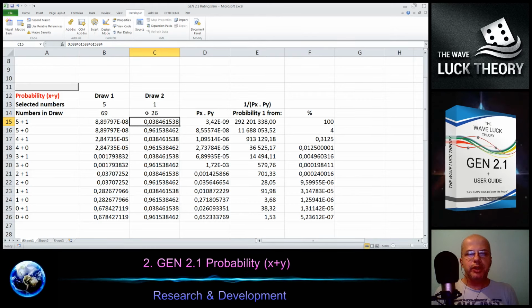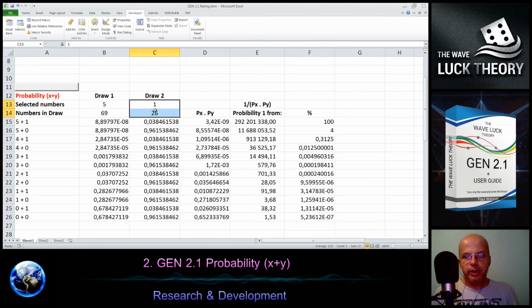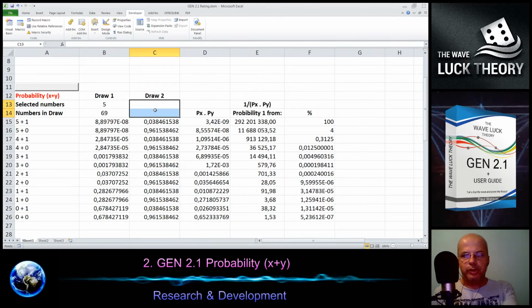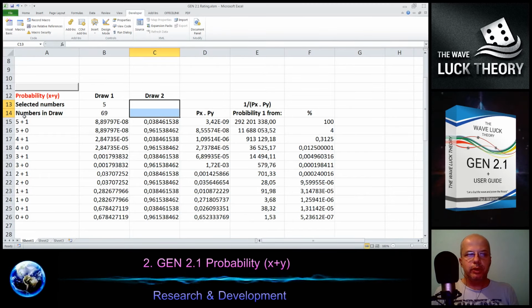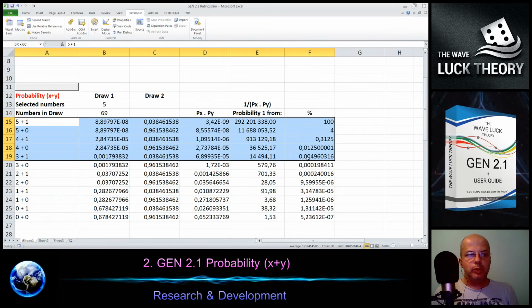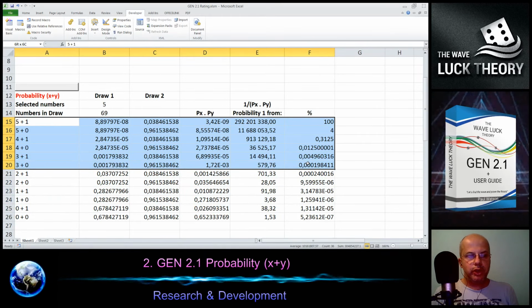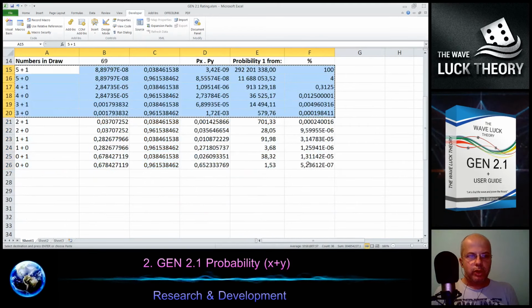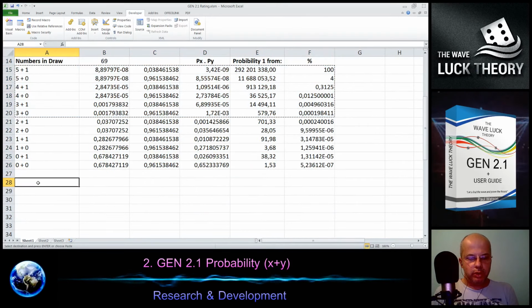And I can present it just here. If I delete this and just keep in mind what values we have here, we will get 6 combinations, so I will copy it to here,